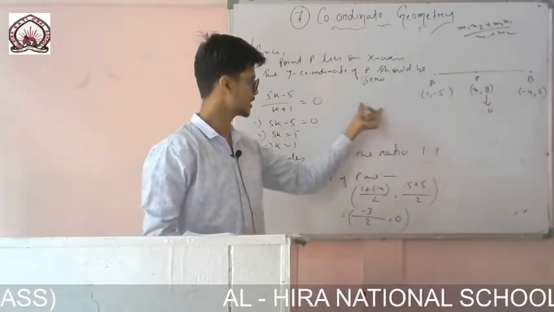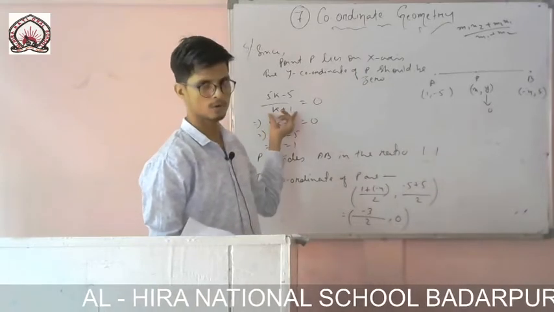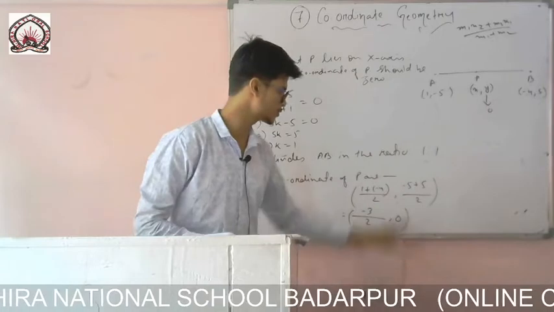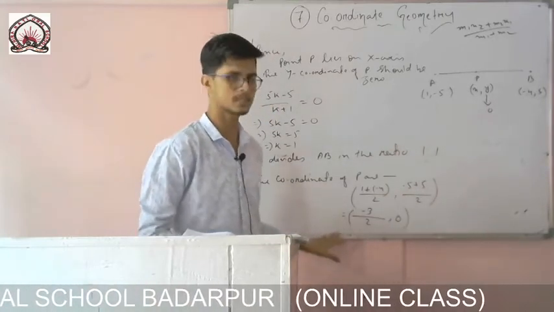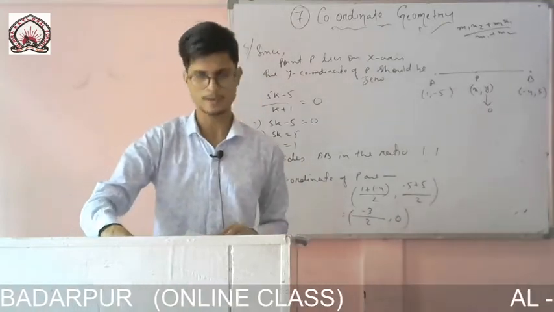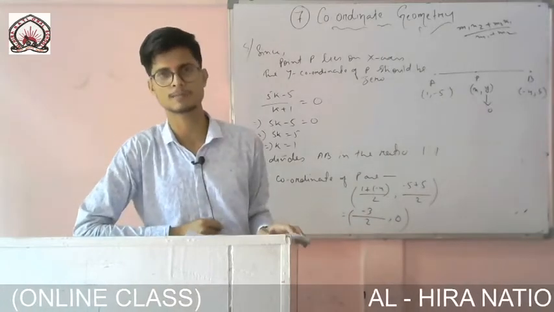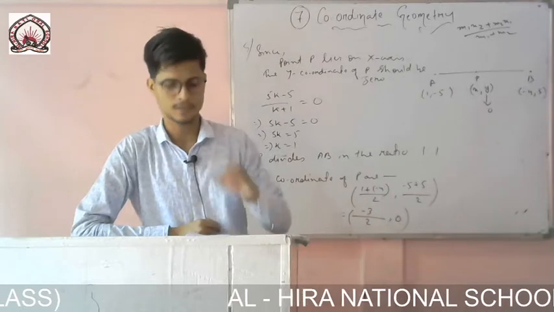Or if you want, you can put in the formula which we got earlier. We had taken the y coordinate there, so the x coordinate was also there, and you can directly put the values of the ratio 1 is to 1 and find the values. Or you can use it like this also, because we know that if a line is divided in the ratio 1 is to 1, then the formula is x1 plus x2 divided by 2, comma, and for the y coordinate it is y1 plus y2 divided by 2.